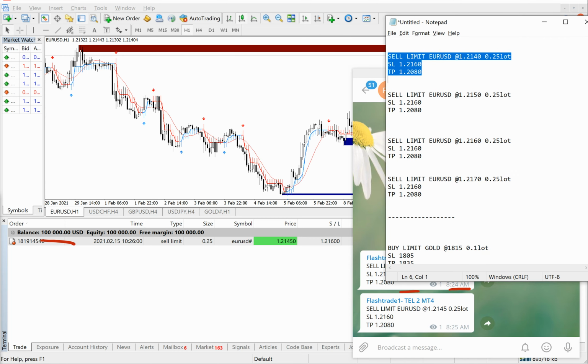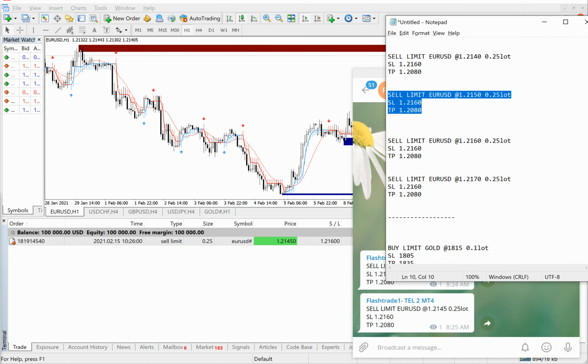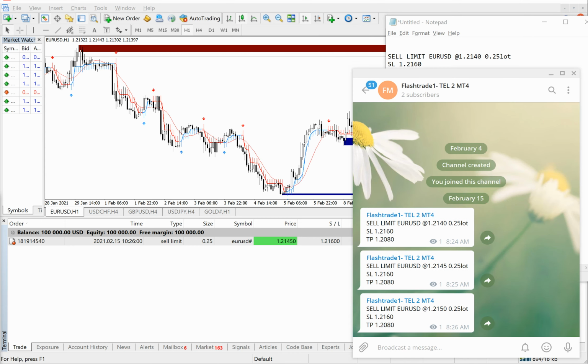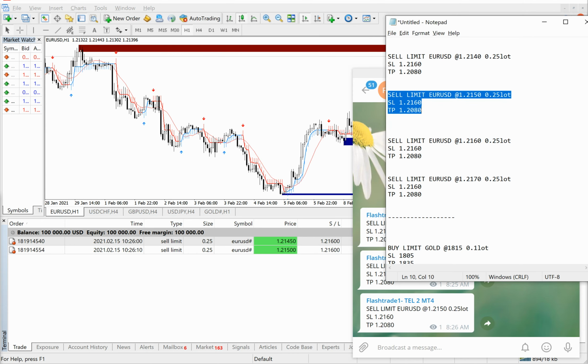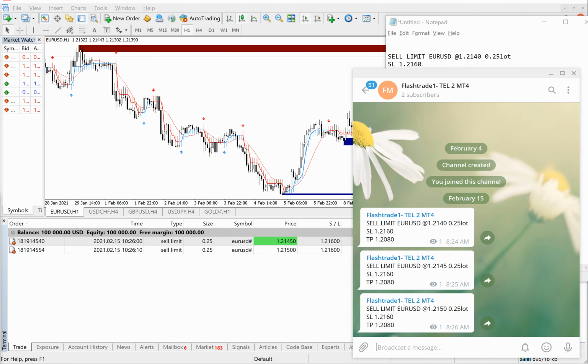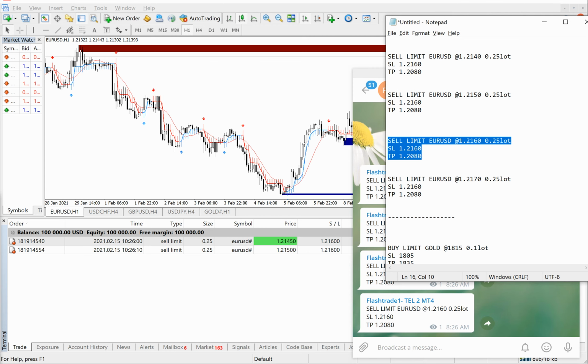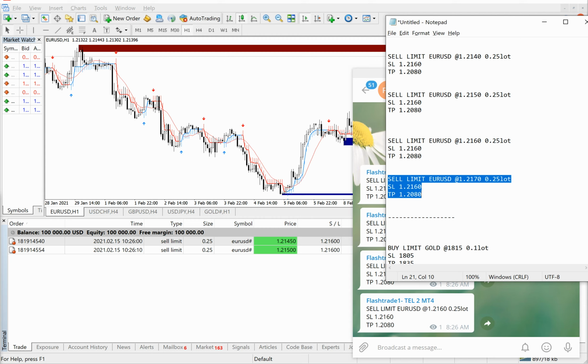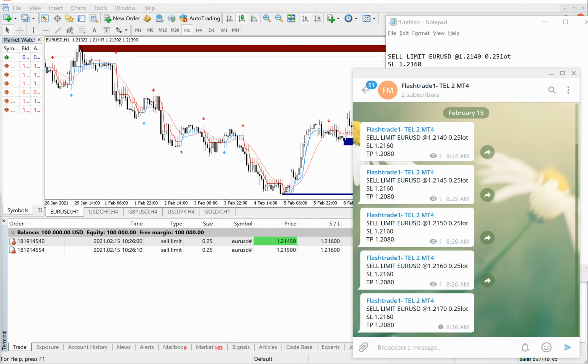In this way I'm going to place the 4 entries here. So the second entry has been placed, the third one I'm sending, and this is the fourth one I am sending the signal. So you can see that the 4 pending orders have been sent on this Telegram channel,